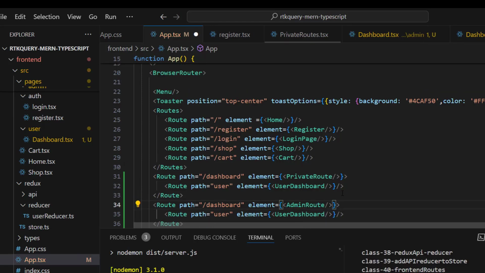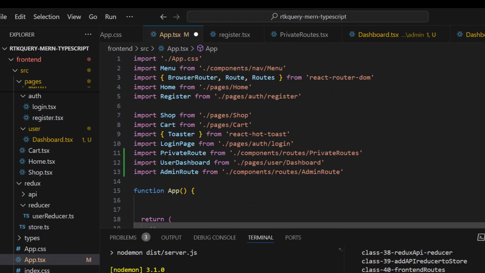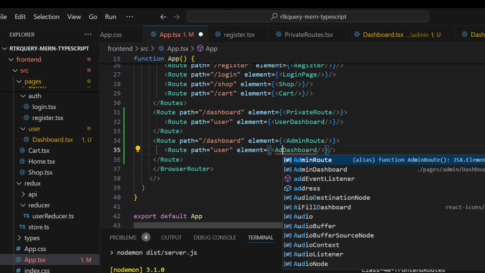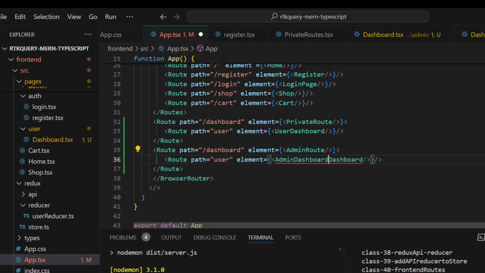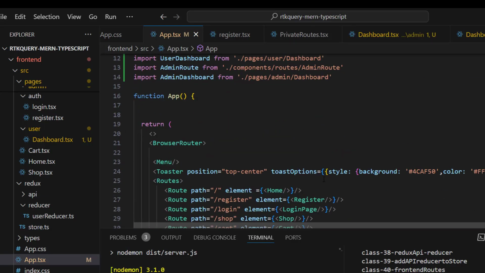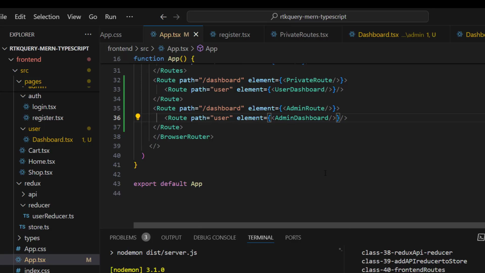Admin route. Okay, so admin route will come from admin route. Okay, and this is admin dashboard. So it will automatically import admin dashboard. So I think we are done,